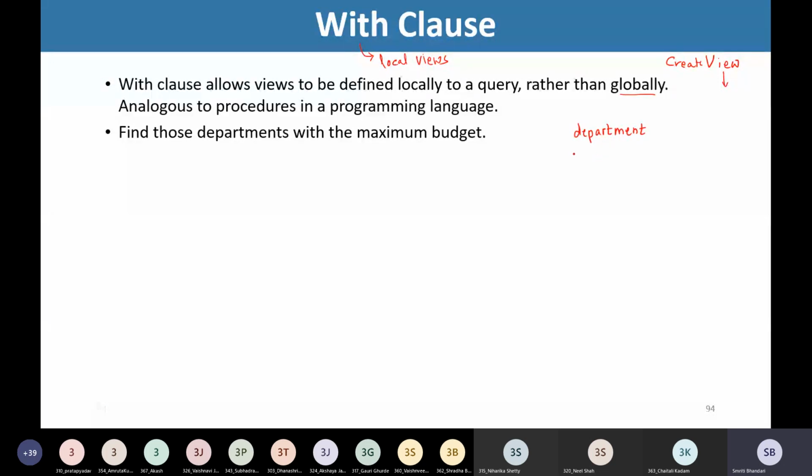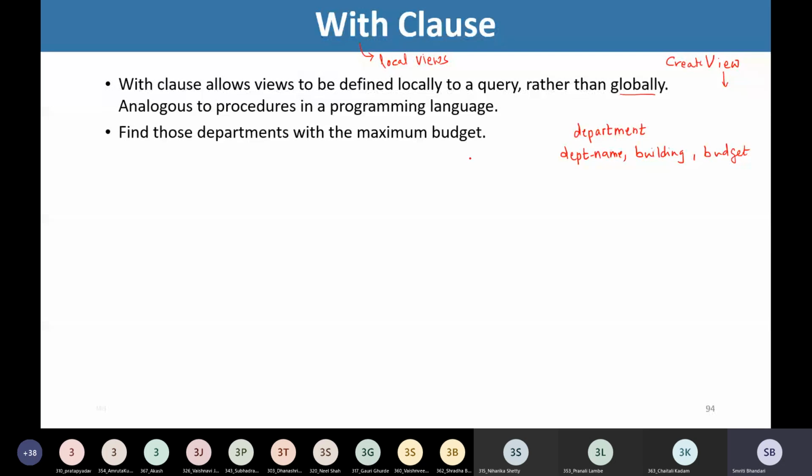Will you tell me what are the attributes of this department table? Anybody? Department name, building, budget. Department name and budget. Right? What has been asked for? Find those departments with the maximum budget.